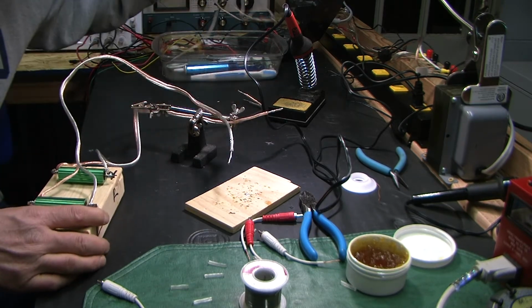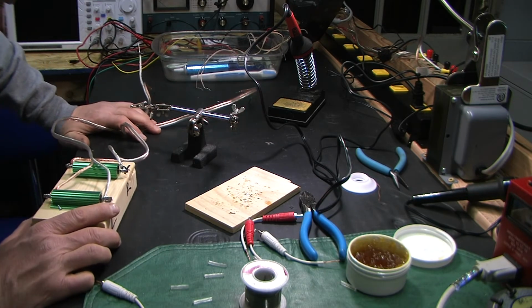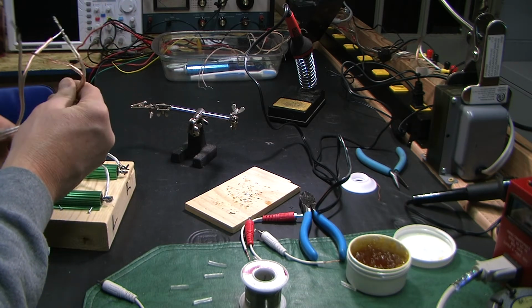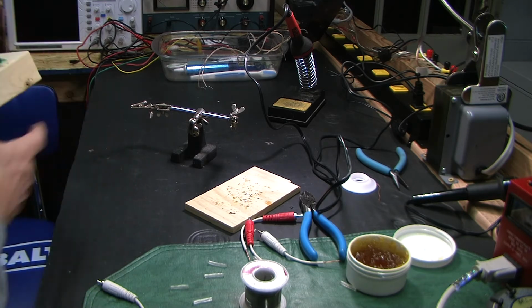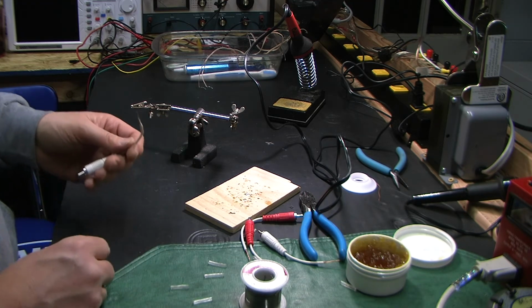But one of the main signs of a capacitor that's not quite totally blown but is leaky is a lot of static, a lot of popping and buzzing because it's not able to filter out the 120 hertz or 60 hertz noise. So